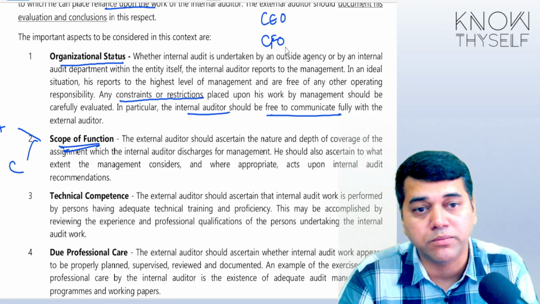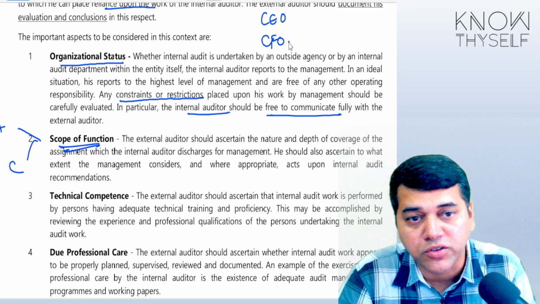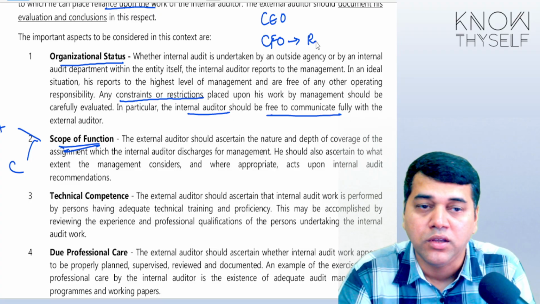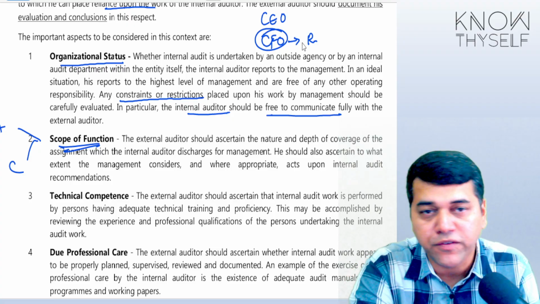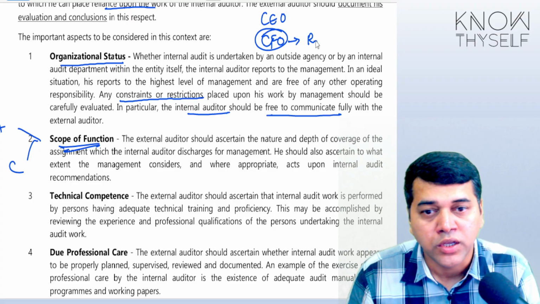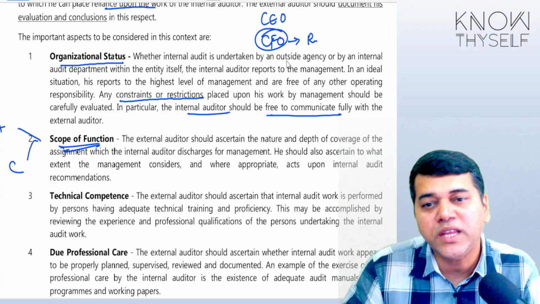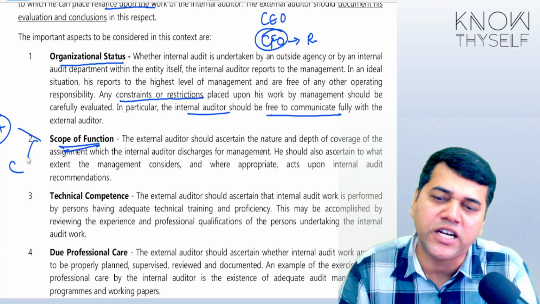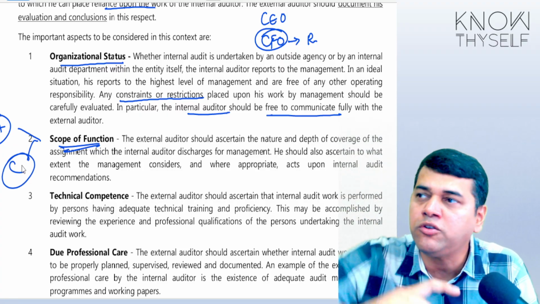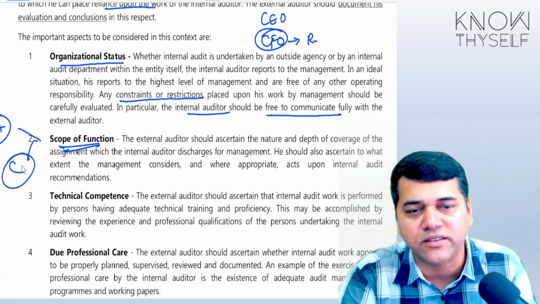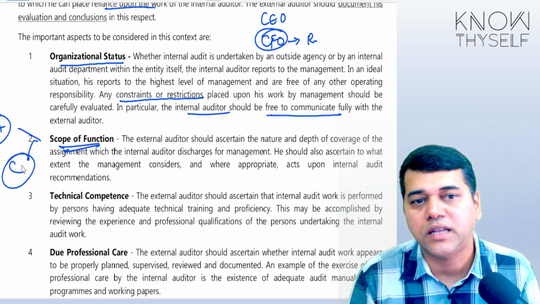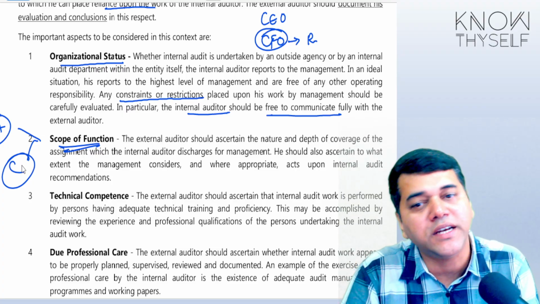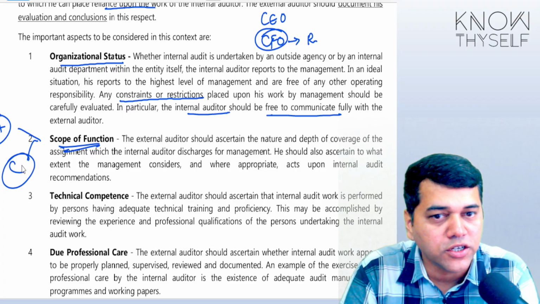Now in Toshiba, they saw that the internal audit department was reporting to the CFO. Since the CFO knew what type of fraud was happening, and he is supposed to define the scope of what work they should do, he moved them away from assurance work and started to give more and more consultancy work. He told them, go and check operations, go and check asset safeguarding, don't come to the books of account because I am taking care of that. That's why their scope was very limited when it comes to assurance work. The internal auditor could not find it.